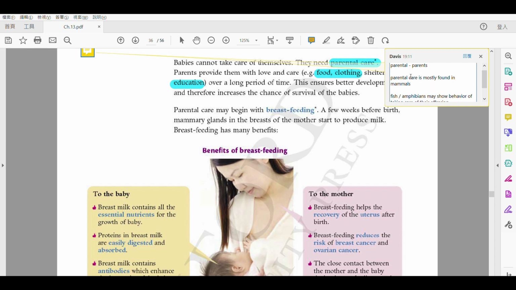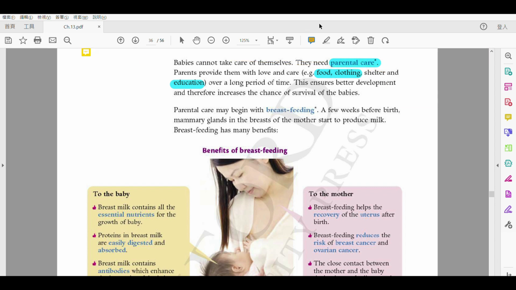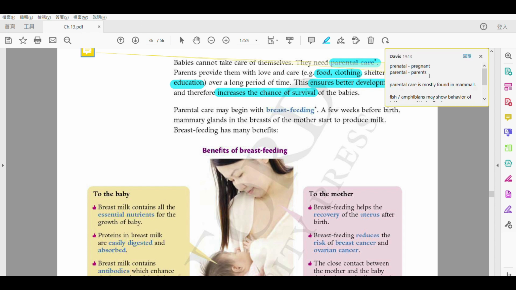Alright, but for most mammals, especially like gorilla, like 猩猩 or monkeys, we spend a lot more time on taking care of our offspring. Okay? 好啦, so why do we need parental care? This is to ensure better development. Okay, therefore increase the chance of survival. Now, these two sentences 要去記啦。咁 better development, that means we provide more efforts to the baby 啦 therefore 佢會有一個 higher chance of survival 嘅。So 即係得多啲嘅機會啦，去能夠生存啦。